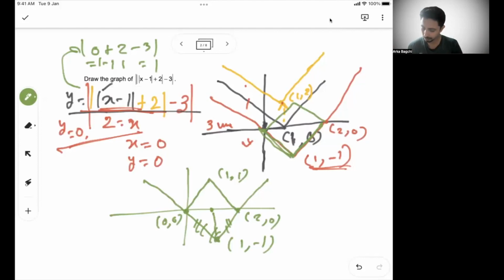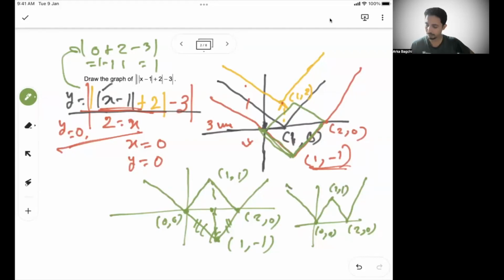So this point will be shifted to this. So basically your final graph will look like this. Come till here, here, come here, then go up. So this is 2 comma 0, this is 0 comma 0, this is 1 comma 1. This is the final graph. So I hope you understood how we are doing it. We are not mugging up what will happen if there is a modulus inside or a plus outside or inside. We are just trying to logically see what is possible. That's why when I was solving, I was not blindly following what will go up and what will go down. We just have a rough understanding and we are applying that in the given scenario.